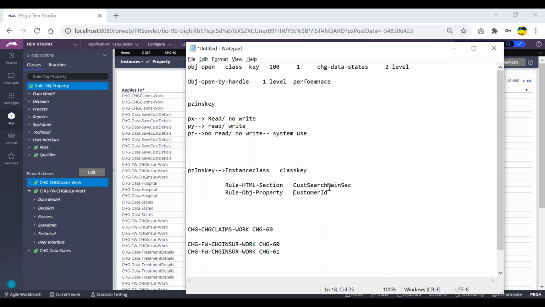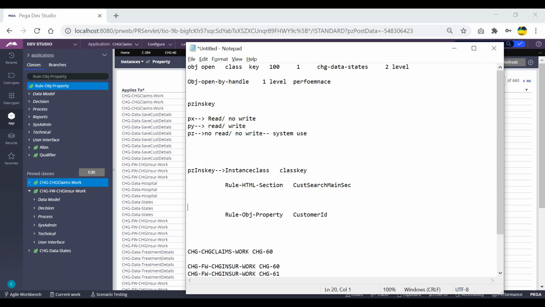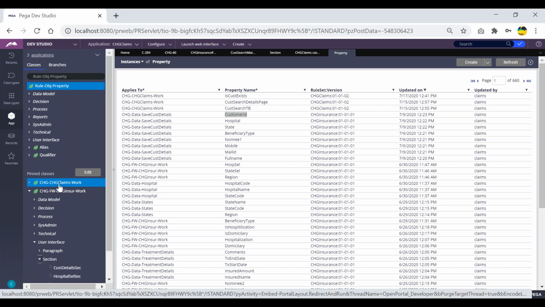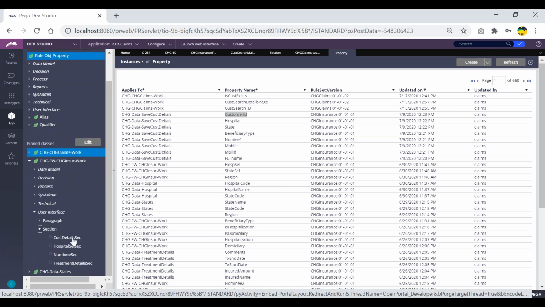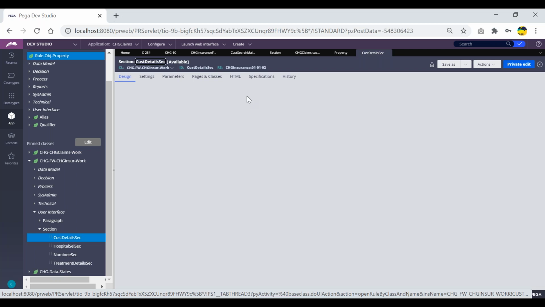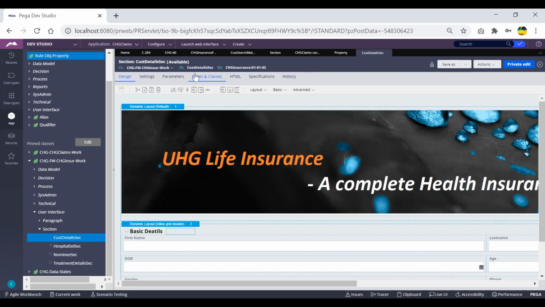I'll ask you one more question. Can you tell me the instance class of this particular section rule? So this is the section rule, right?